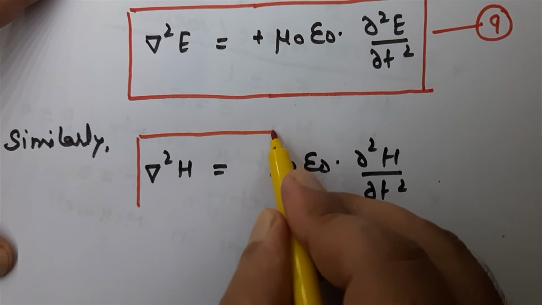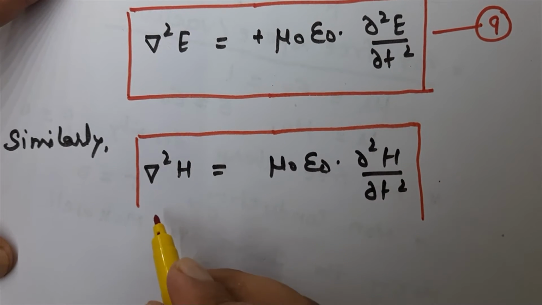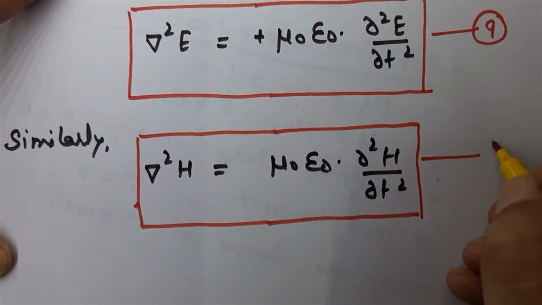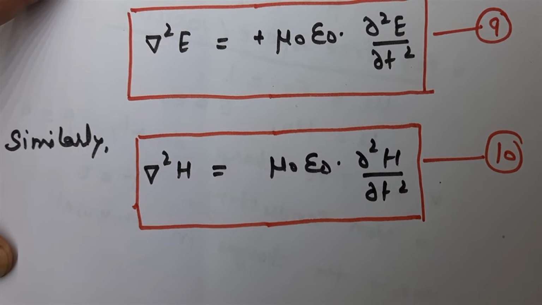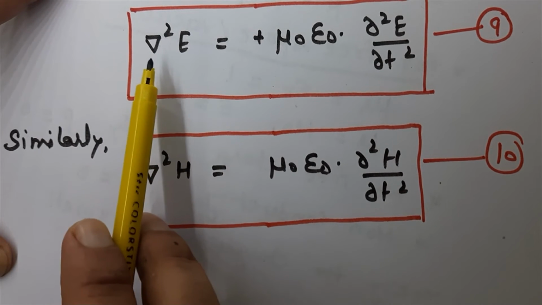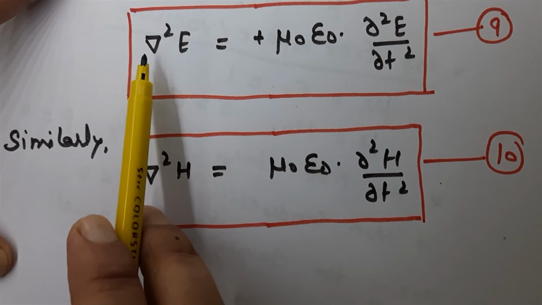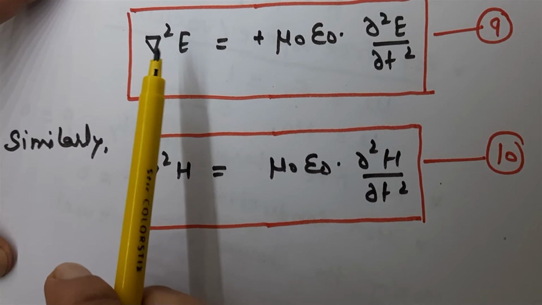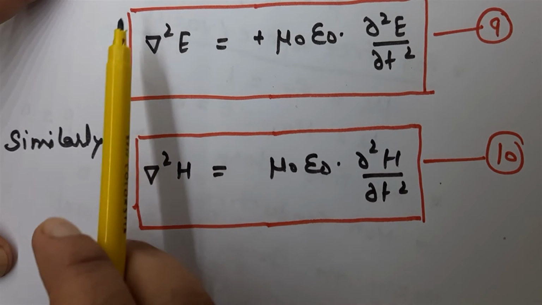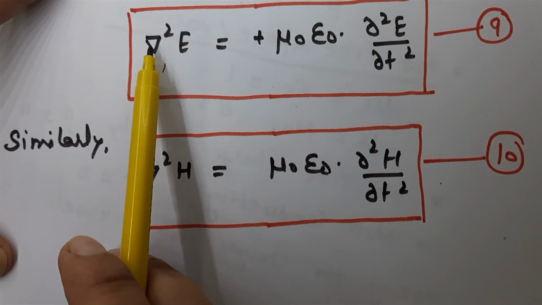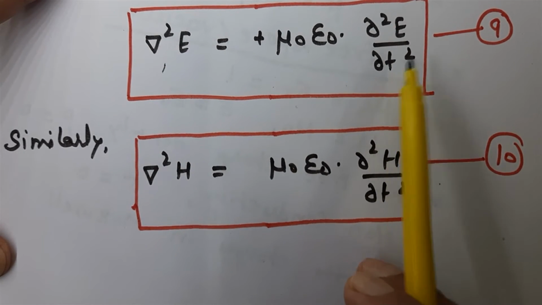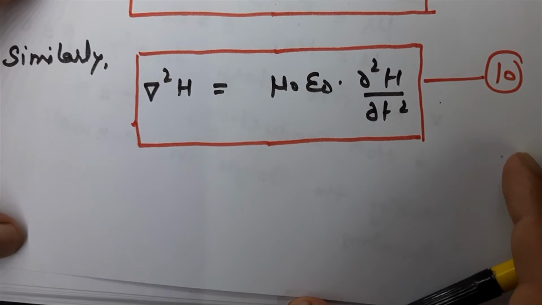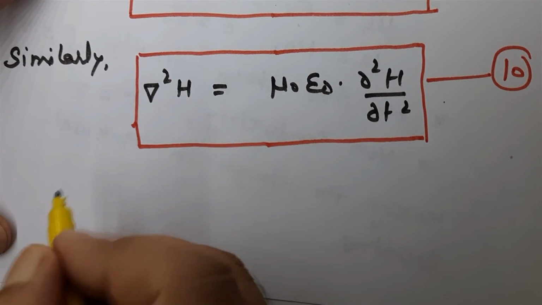These equations are very important, as on the left hand side we have the second order space derivative, and on the right hand side we have the second order time derivative. This del square is nothing but the Laplacian operator, which is del square by del x square plus del square by del y square plus del square by del z square. So on the left hand side we have space derivative and on the right hand side we have time derivative. Whenever the second order space derivative and second order time derivative are related, we say that these equations